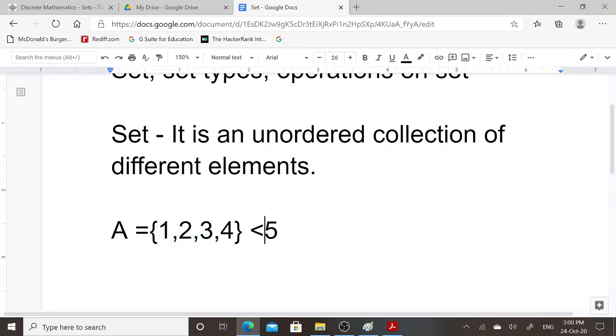If I had mentioned less than or equal to 5, then we would need to consider 5 elements in the set A. If I had mentioned all positive integer numbers less than or equal to 5, then this set A will have the elements 1, 2, 3, 4 and 5.